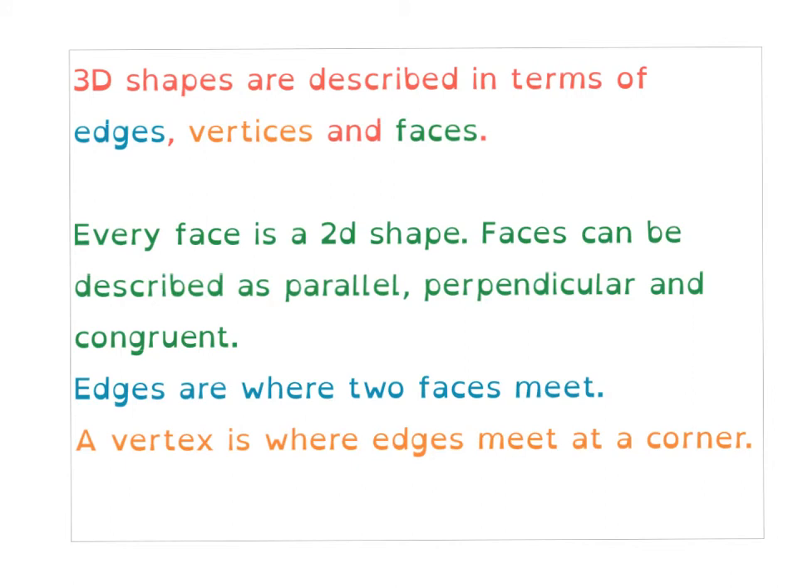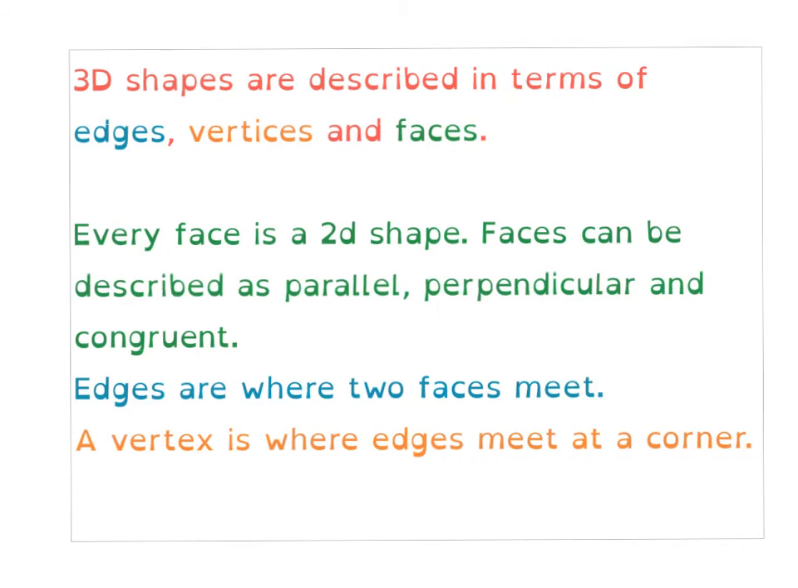3D shapes can be described either in terms of their edges, we call them sides for 2D shapes, edges for 3D, vertices, which is the name for the corners, a vertex in the singular, and faces, which are the smooth surfaces you can touch. So every face on a 3D shape